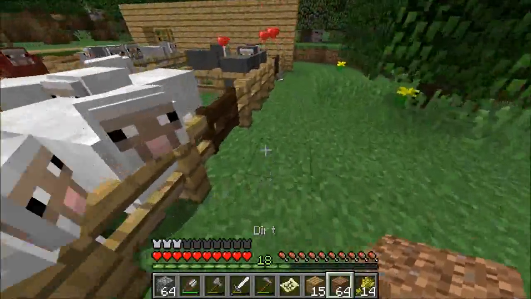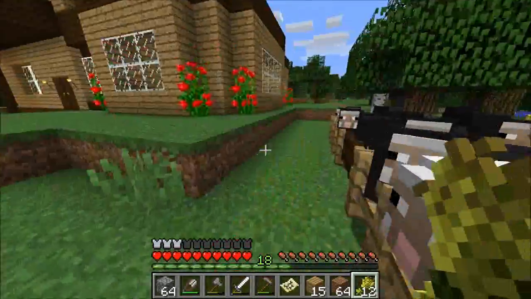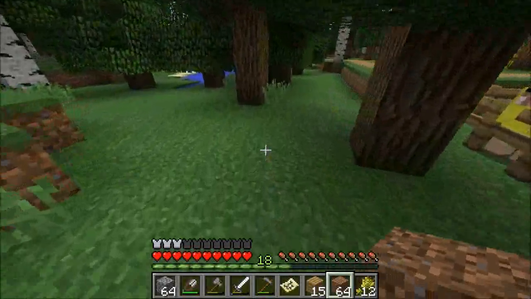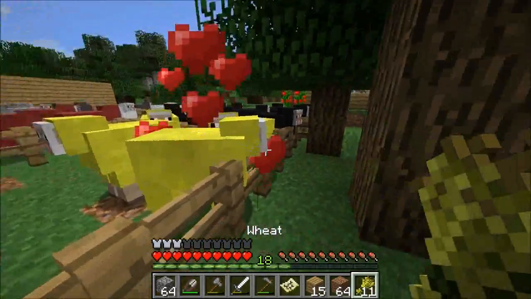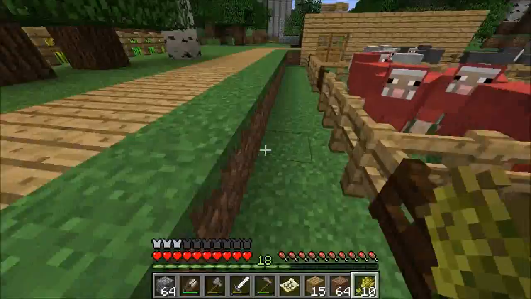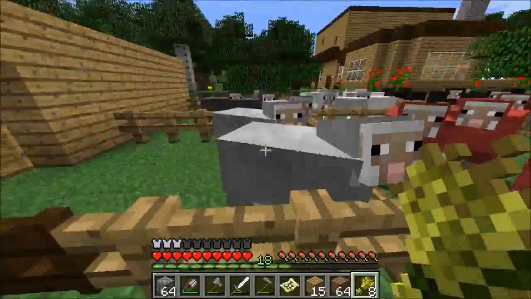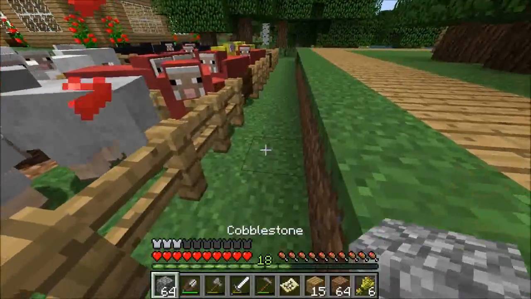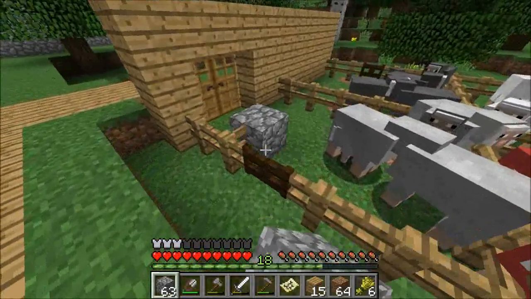Let's see, how am I doing with white sheep? I think I could use a couple more. Alright, black sheep. I got quite a population of those. Yellow sheep. Don't ask me how dyeing a sheep changes genetics enough to allow its next generation to be the same color. Alright, I think that takes...